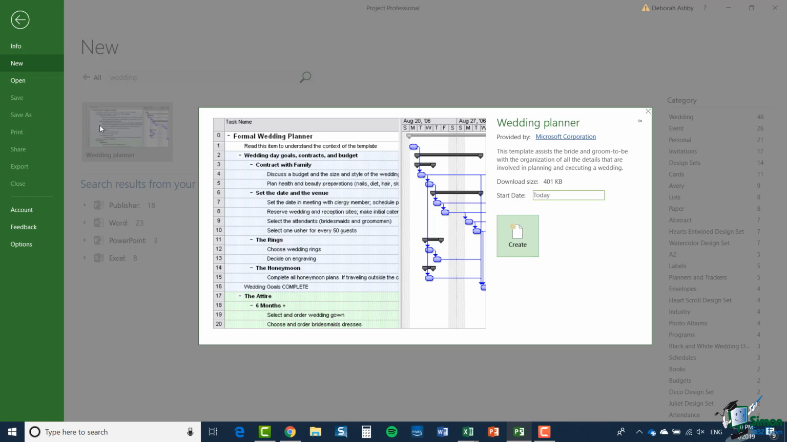So it shows me the first few tasks, it gives me a description, it says wedding planner provided by Microsoft Corporation, it tells me how big it is, and it gives me a little bit of a description about the wedding planner. And then I could use that to create a wedding plan. And in fact, it's not very far removed from what I'm going to be doing a little bit later on. But let me just close that for the moment